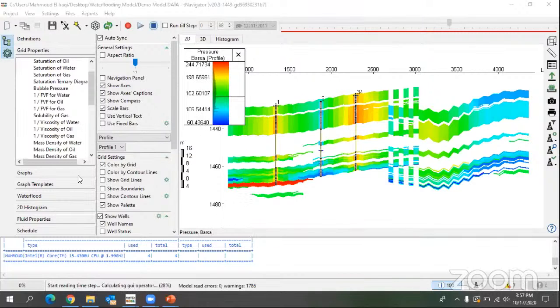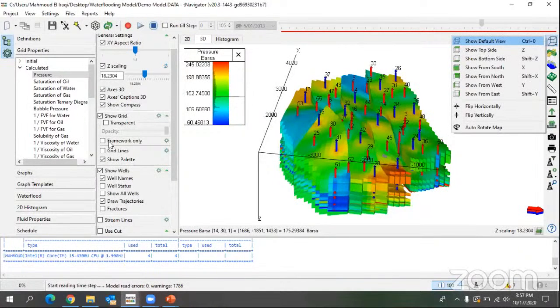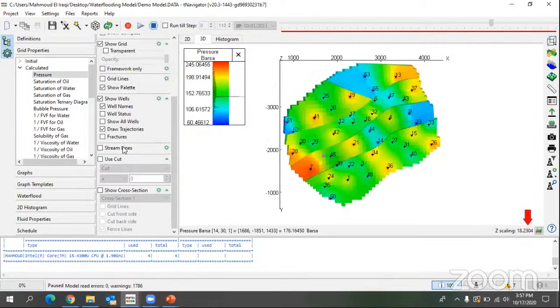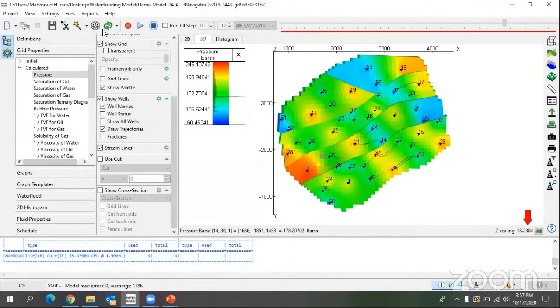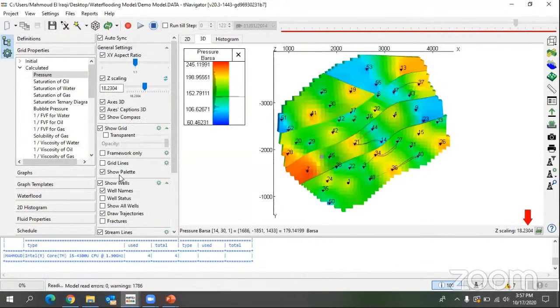Okay, now we have seen the tracer. There's another beautiful property in T-Navigator that lets us see the streamlines. If we have a water flooding project, there is a property that we can use to see the streamlines. Going back to the 3D view, looking at the top of the reservoir, we can use streamlines, but we cannot see them because the grids are now populated with the pressure property. So we will hide the grid properties. Okay, now we can see